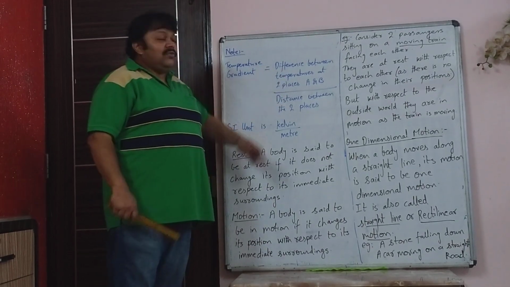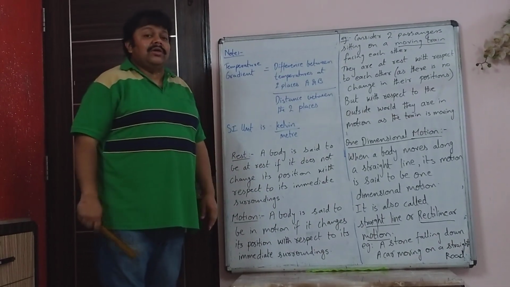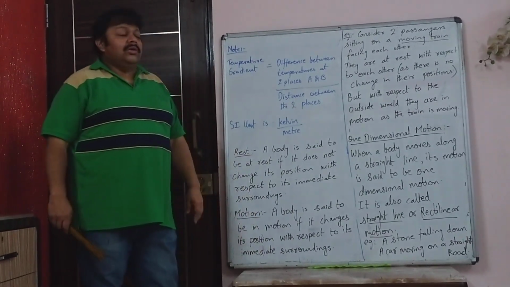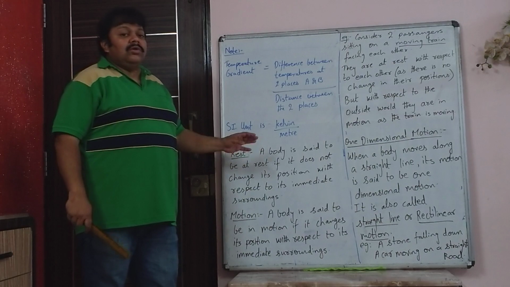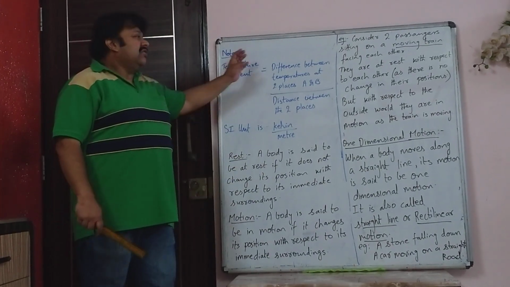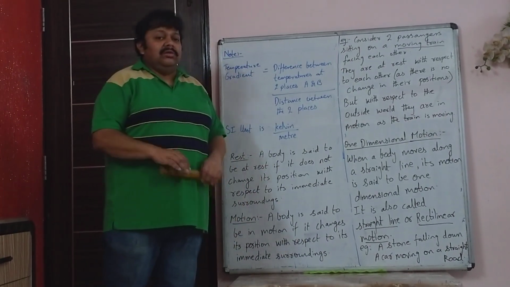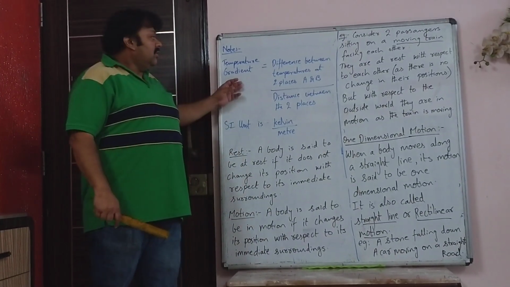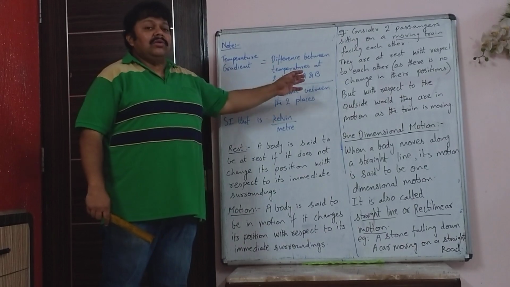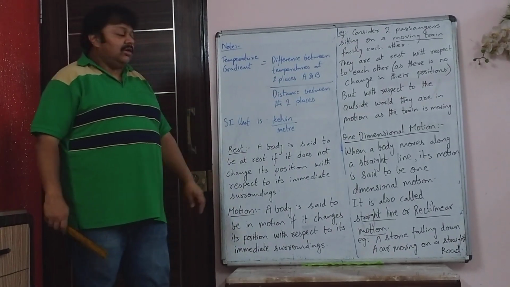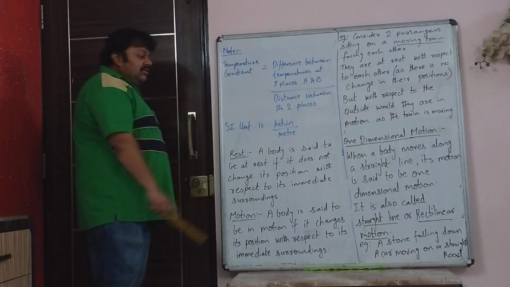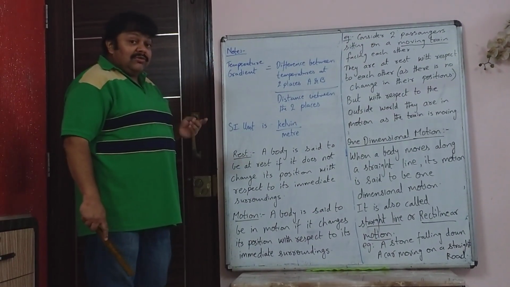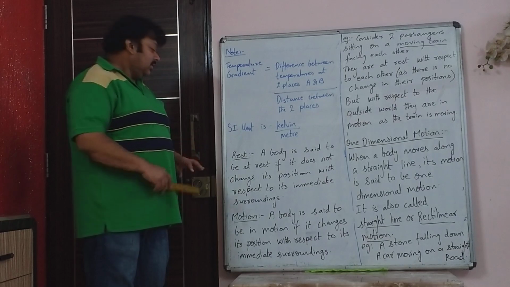So the temperature difference will be in Kelvin. Kelvin is the SI unit of temperature and the distance would be measured in meter. So Kelvin per meter is the unit of temperature gradient. Now this is mostly used in atmospheric temperature changes to measure that. For that purpose you have something which is called a temperature gradient. So the SI unit is Kelvin per meter and this is a vector quantity, even though temperature by itself is a scalar quantity.